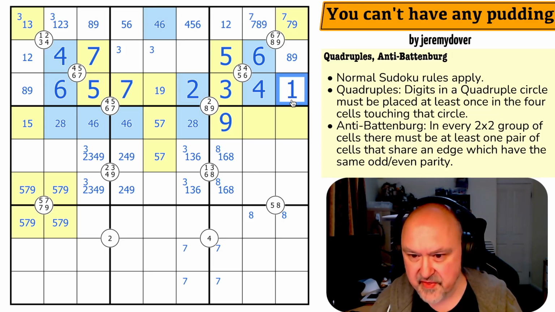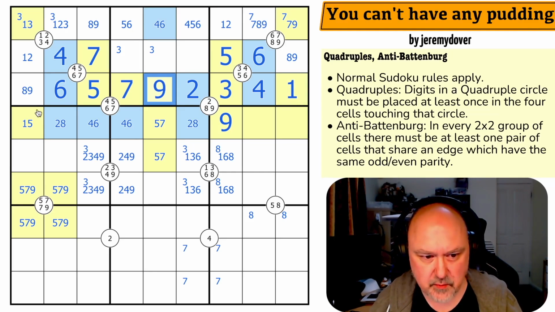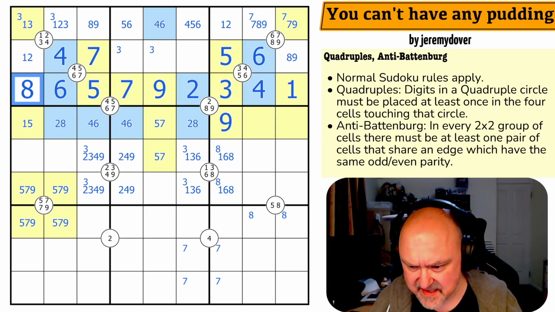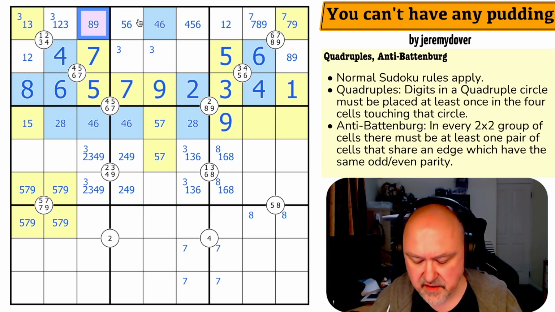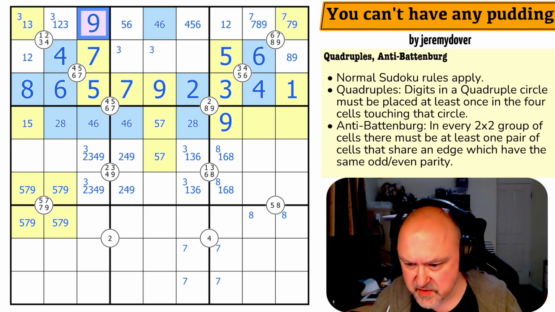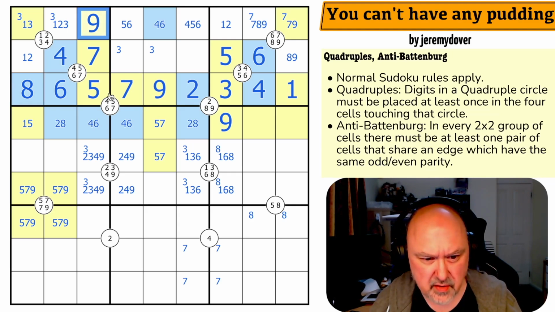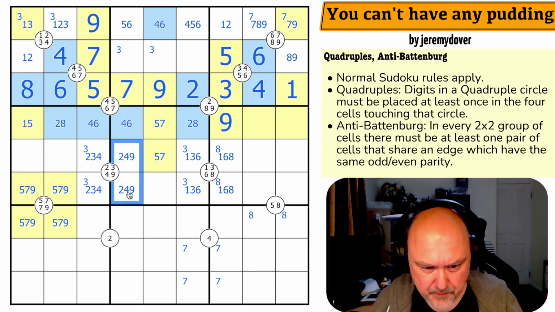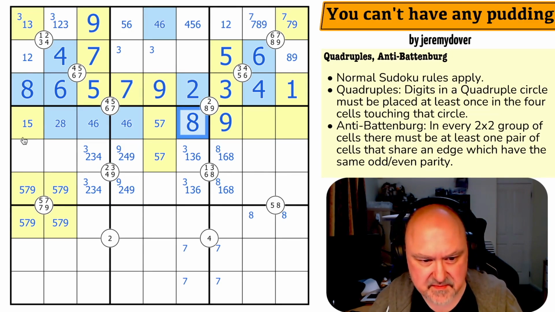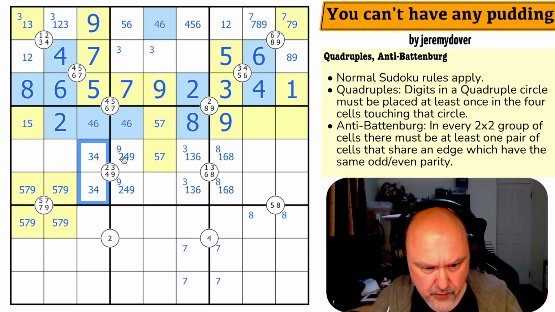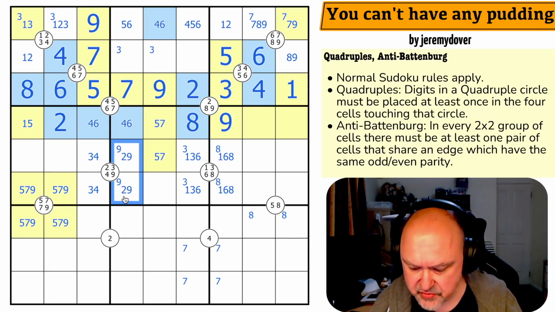That's the 2. That's the 1, which makes that odd. Which makes that 9, which makes that 8. That becomes even. Which makes that 9, whoops, I'm in the wrong mode. That 9, which makes it odd. Which takes 9 out of there and puts 9 into there. Can I take that any further? Yes, this becomes the 8, this becomes the 2, which takes 2 out of there. This is now a 3-4 pair, so 4 comes out of here. This is 2, 9.